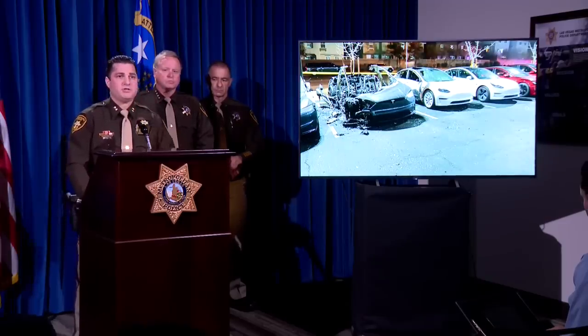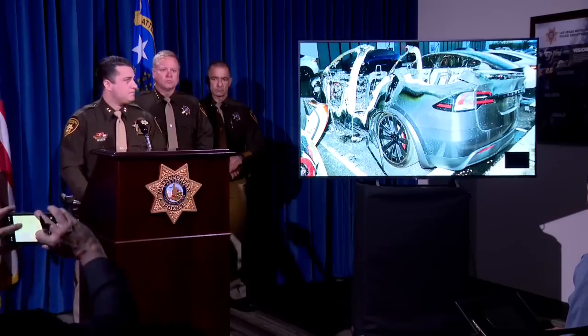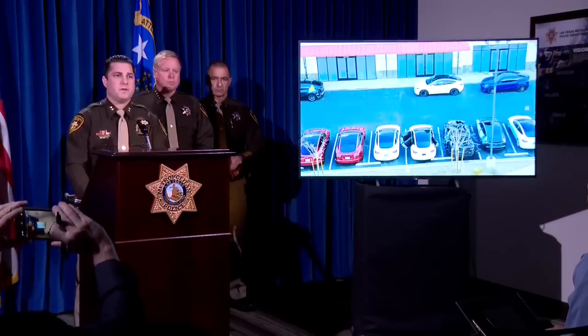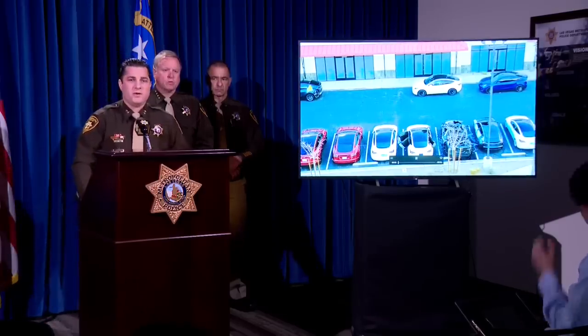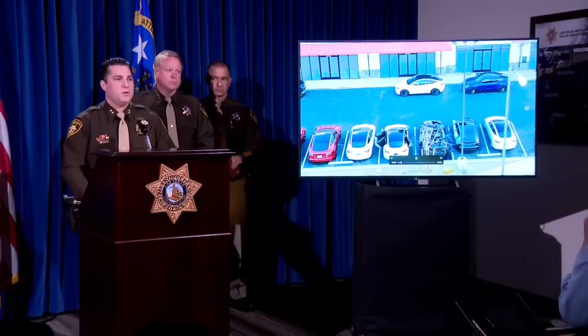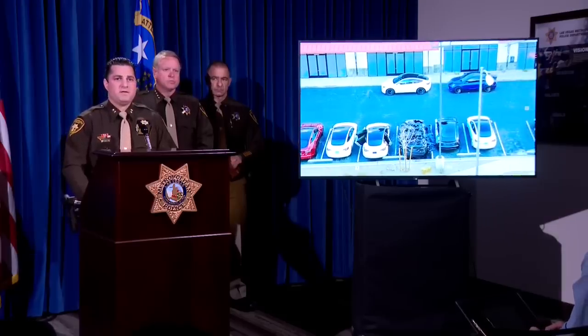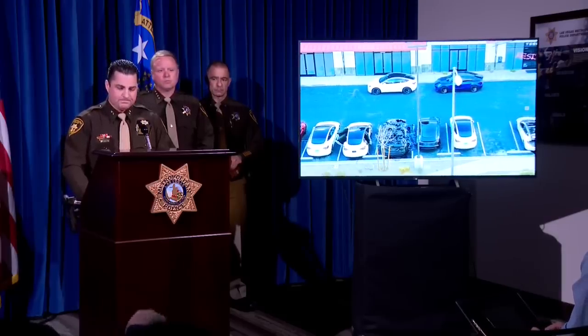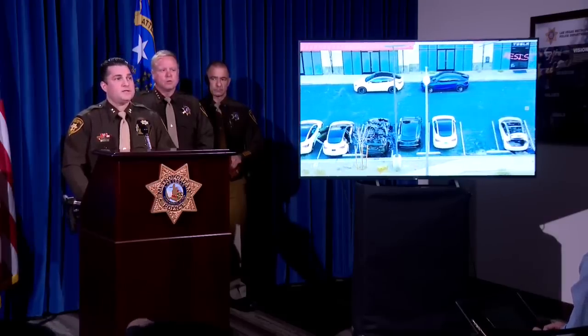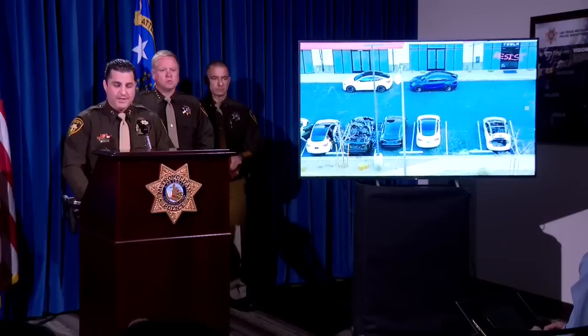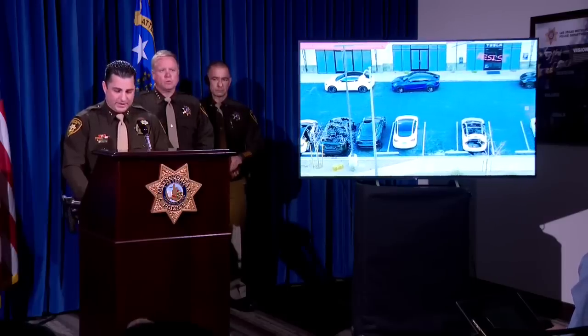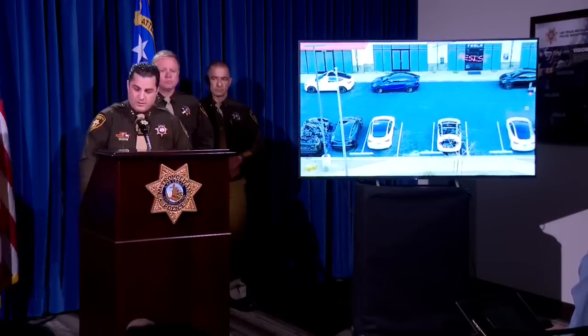You can see images of the vehicles here. And then you'll see here a drone video. This is from our Skydio drone, being able to provide an overview of the damage as well. After this, the suspect then proceeds and flees east, gets in his vehicle, and leaves the area. As I mentioned earlier,